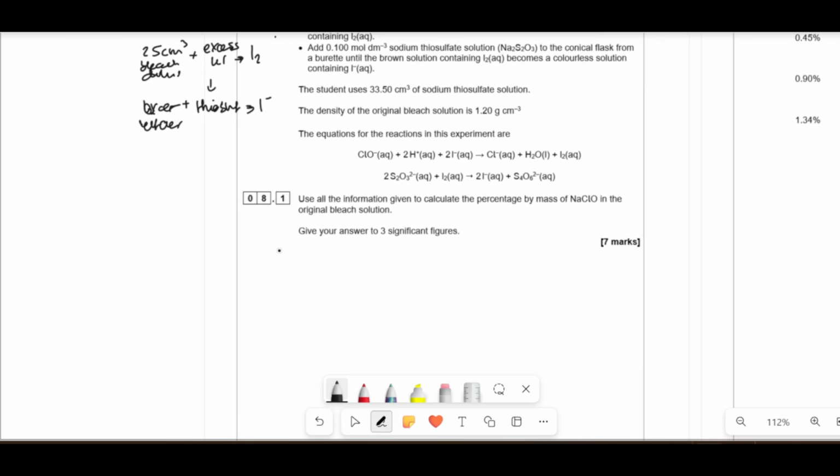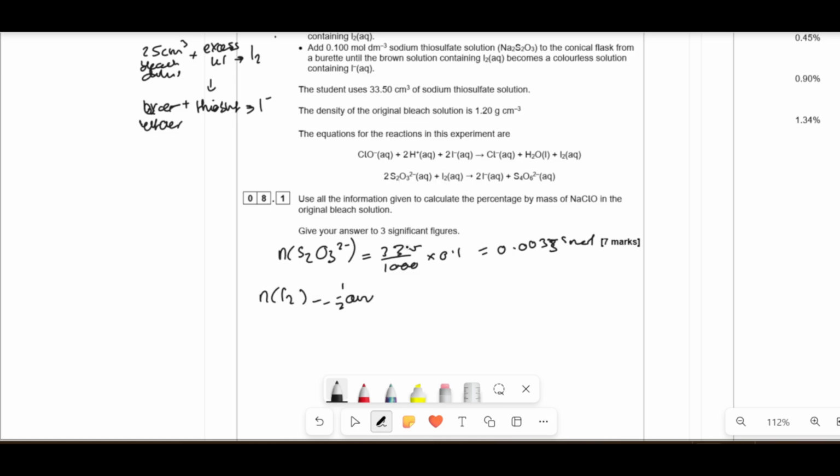So my first step is to work out the moles of the thiosulfate, S2O3 2-, and the reason is because I'm going to use that to work out the I2. So that's going to be 33.5 over 1,000 times 0.1, which is the concentration, because that's the volume. That's 0.00335 moles. Then I know that the moles of the I2 is going to equal a half of that,